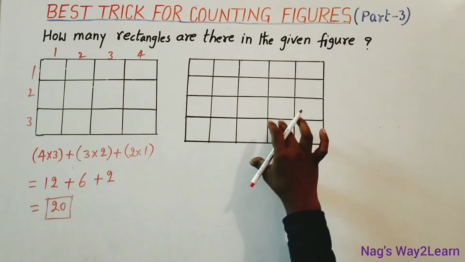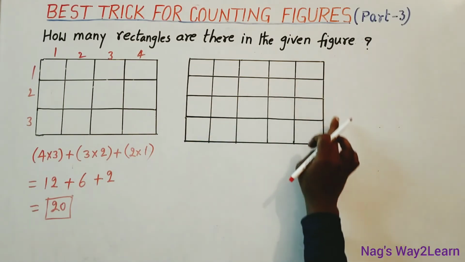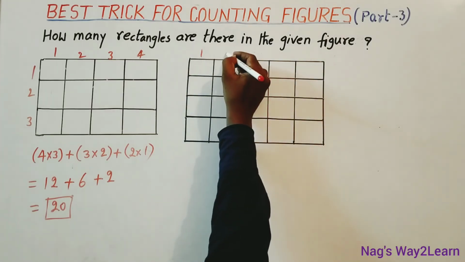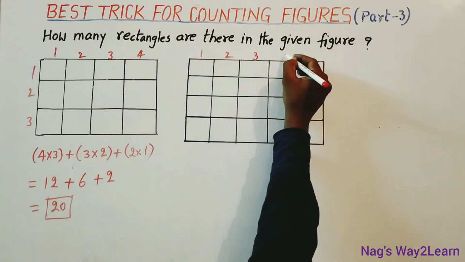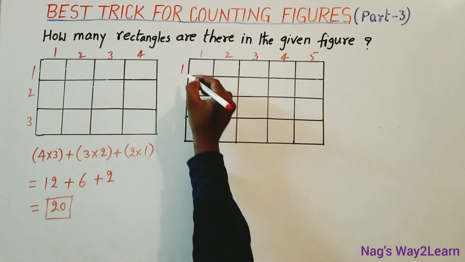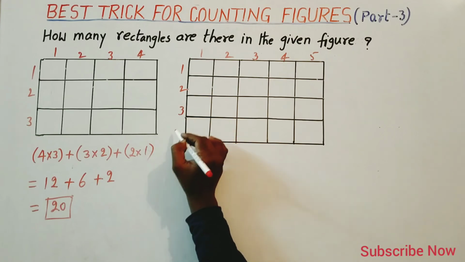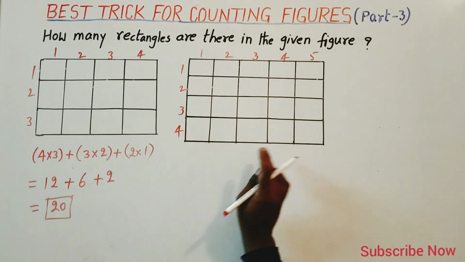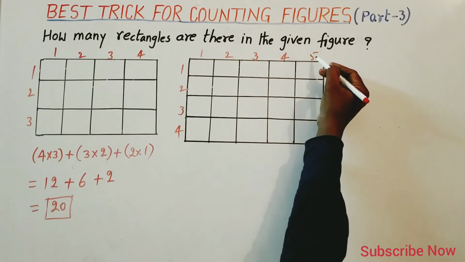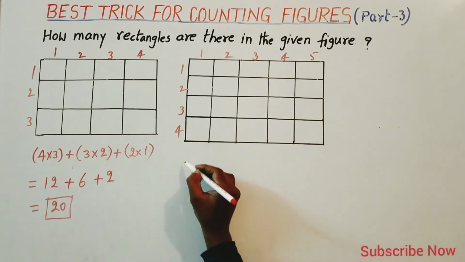Okay, now let's see this problem. How many rectangles are there in this figure? How many columns are there? 1 2 3 4 5. The number of rows is 1 2 3 4. So to find the total number of rectangles in this diagram, you just multiply this 5 into 4,